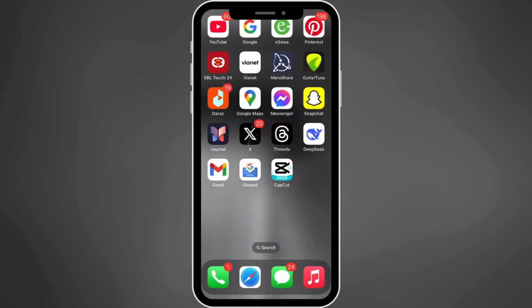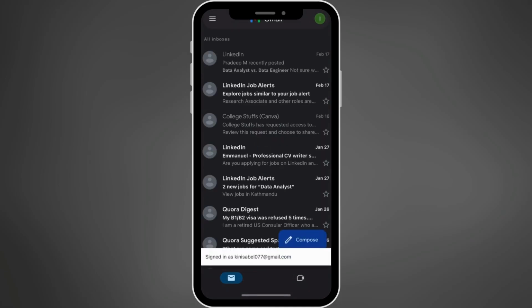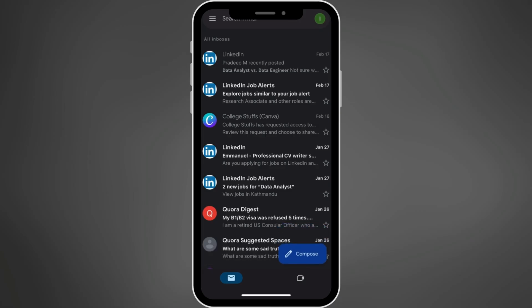First things first, open up the Gmail app. As you can see, your Gmail app is in the dark mode. Gmail does not have the feature to turn off the dark mode from the app, so let's go